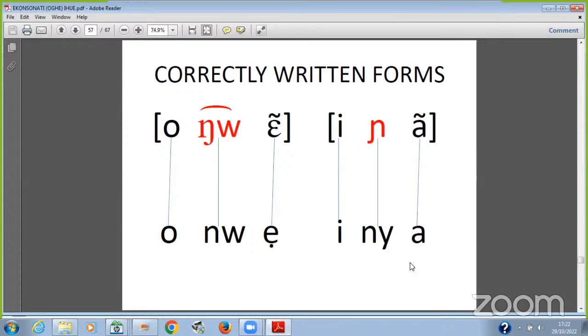IYAN, they will say Iyan. But we say Inyan. So we must take note of that. You can see the NY here is a digraph representing this single sound, Ni. Then this R, which is oral, is now nasalized by that preceding nasal consonant. So if we follow the writing rules as proposed here, you'll find that everybody will be able to write Edo in a very uniform way.